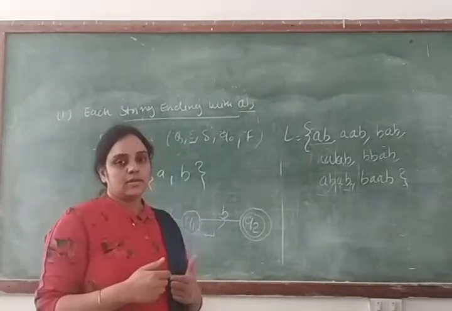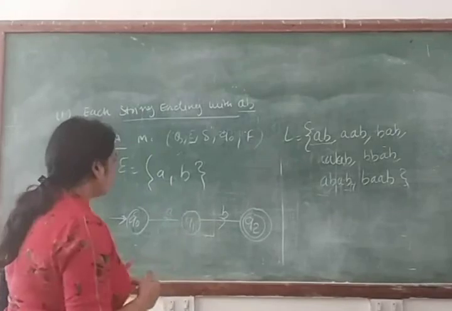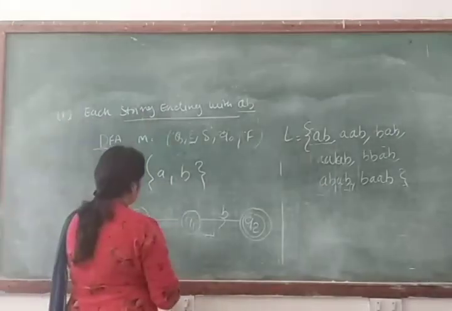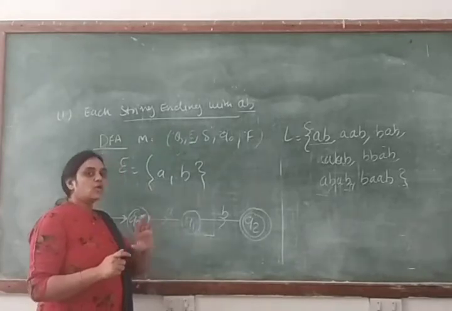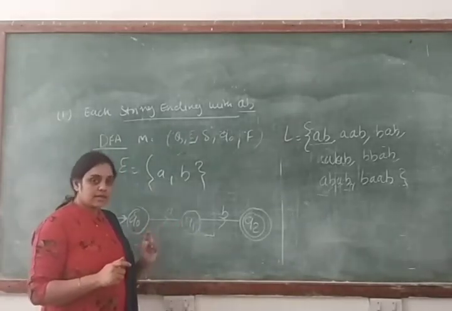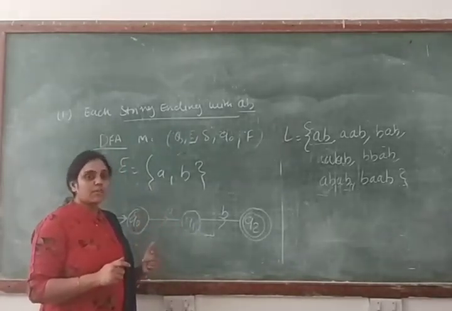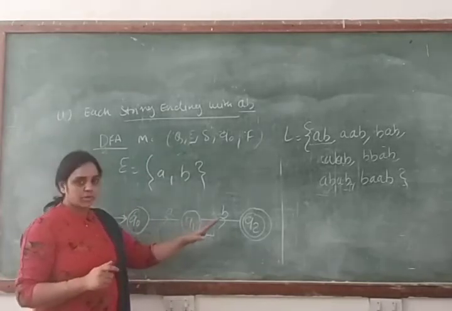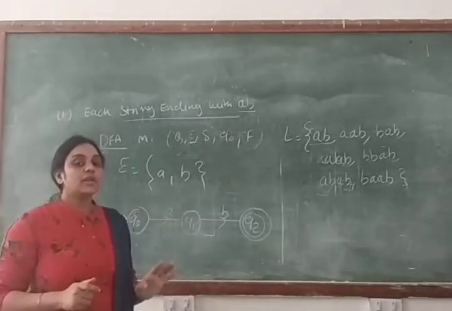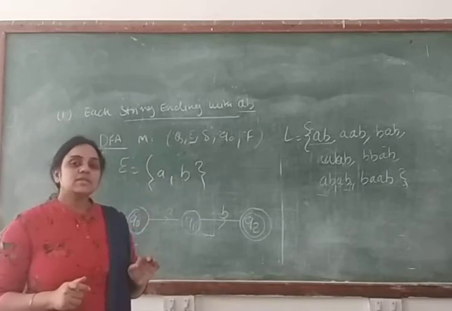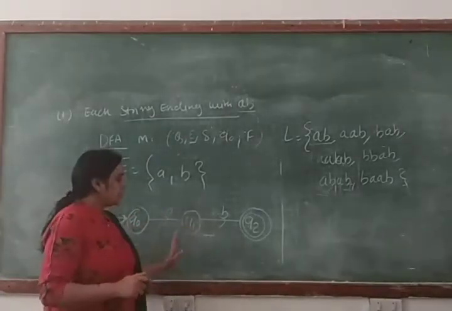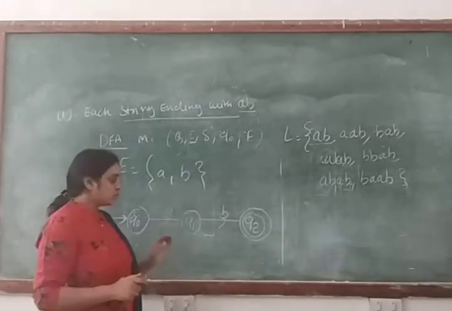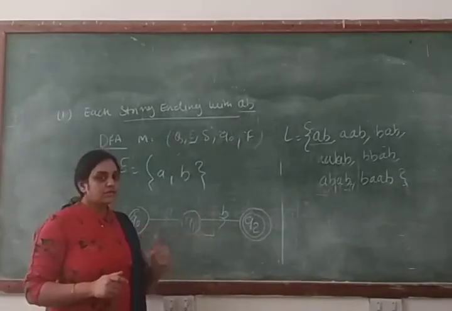in DFA. Clear? So according to the property of DFA, each and every state has a condition for every input symbol, and no multiple condition should exist. Clear? So these two properties you have to remember for DFA. Whenever you make a DFA machine, these two properties you have to remember. Clear? Each and every state has a condition for every input symbol. So here you can see you have 3 states in your machine. So every state has a condition for every input symbol.